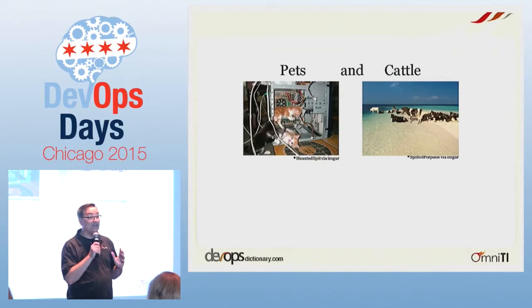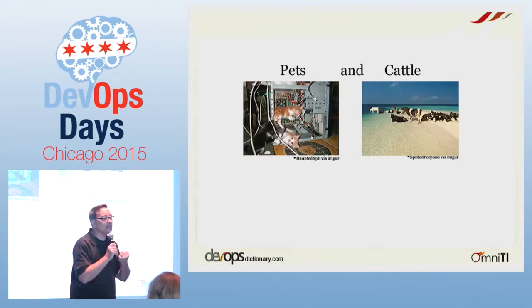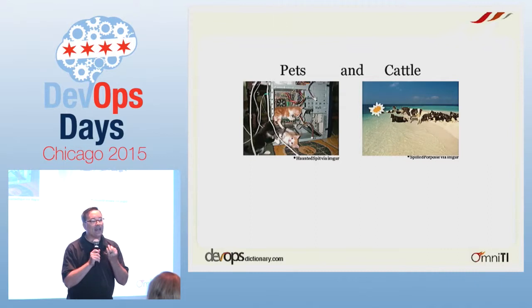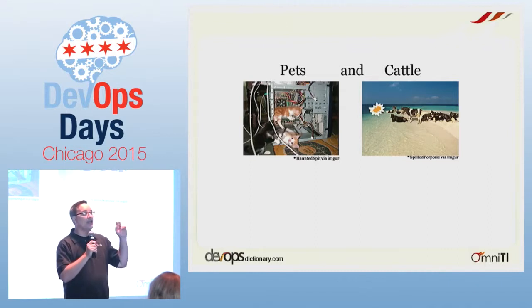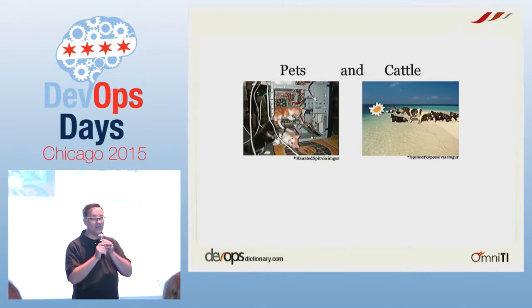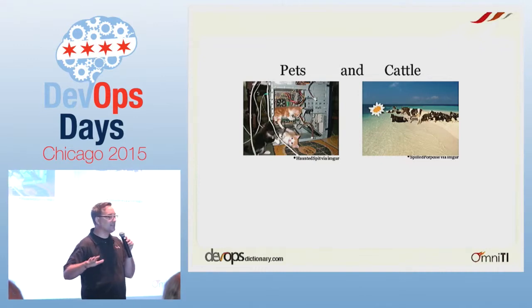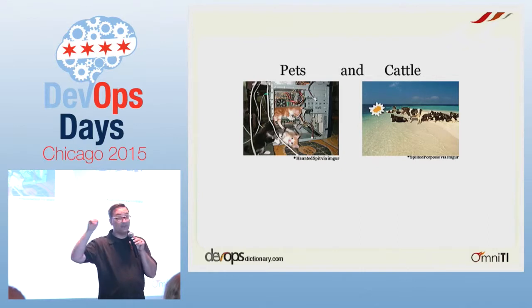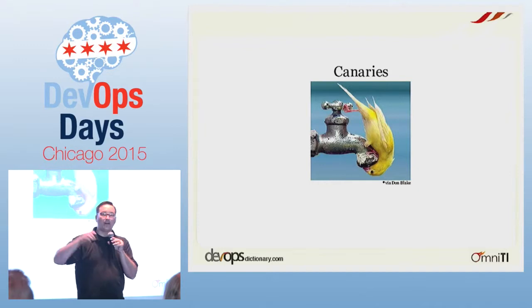All right, pets and cattle. You may have heard this in reference to servers. A server that is a pet is one that you lovingly maintain. If there's a problem on it, you go in and you fix it. You try to have it be long-lived, big uptime, that sort of thing. Cattle? No, no, no. Easy to create, easy to destroy. You have a lot of automation around it. If you have hundreds and hundreds of these things, it's not practical to treat them as pets, treat them as cattle. It's a whole mindset thing. And when you move to the cloud, good, off we go.